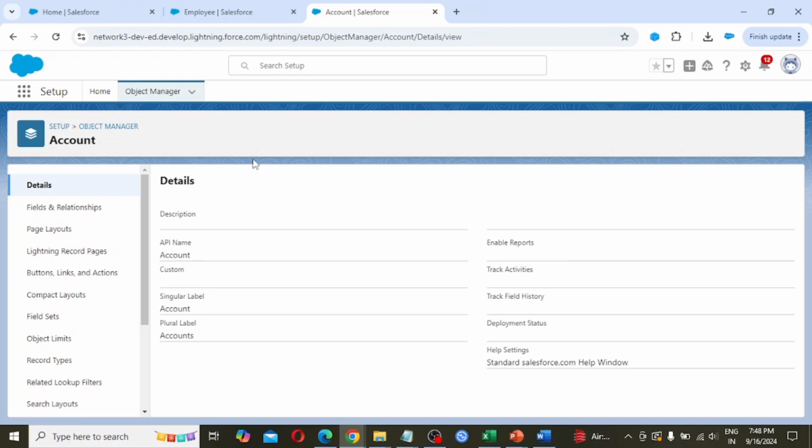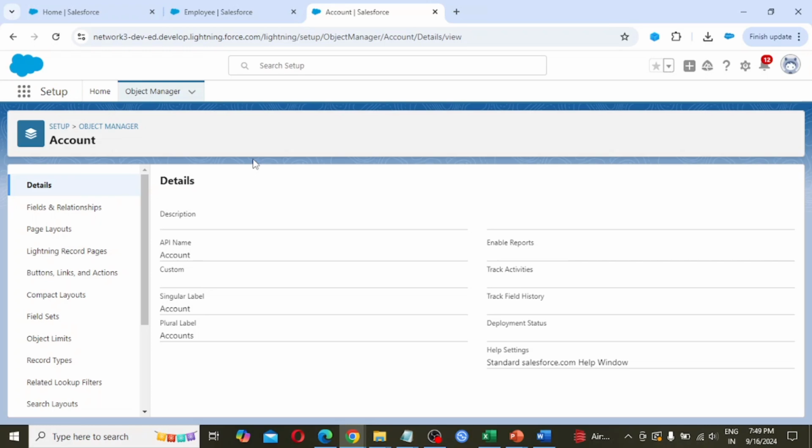Here I only want to tell you what the difference is between a standard object and a custom object. If anyone asks what a standard object and a custom object are: standard objects are the objects created by Salesforce and given to us, so we can directly use that object in our business scenarios, and there is no double underscore C at the end of any standard object.